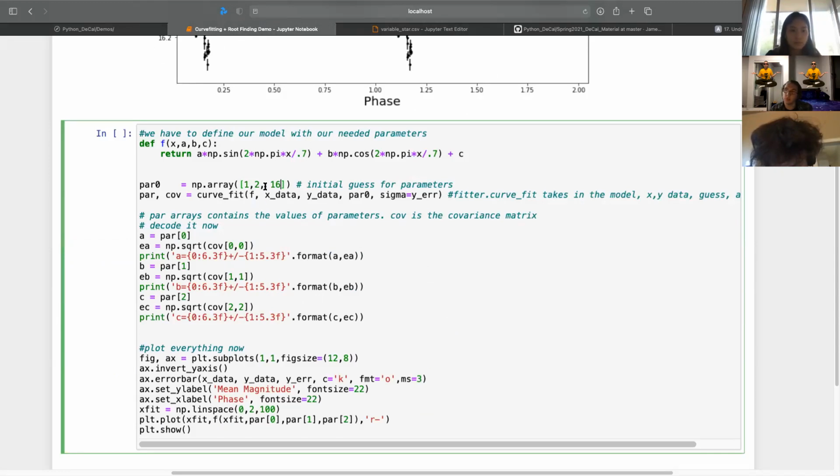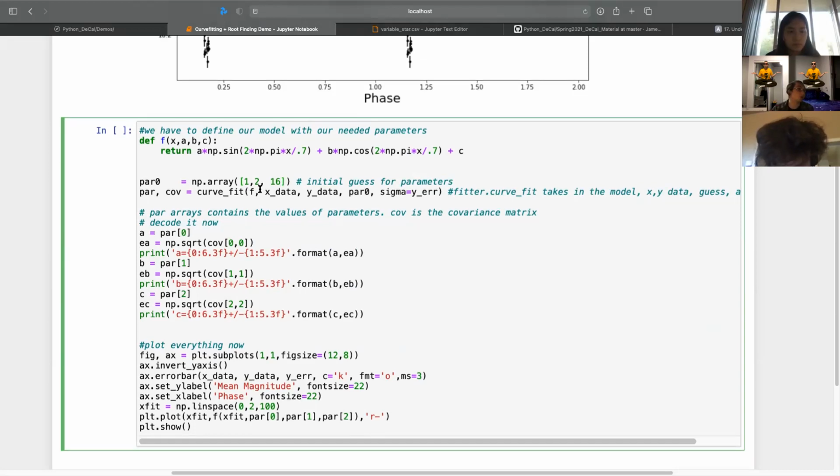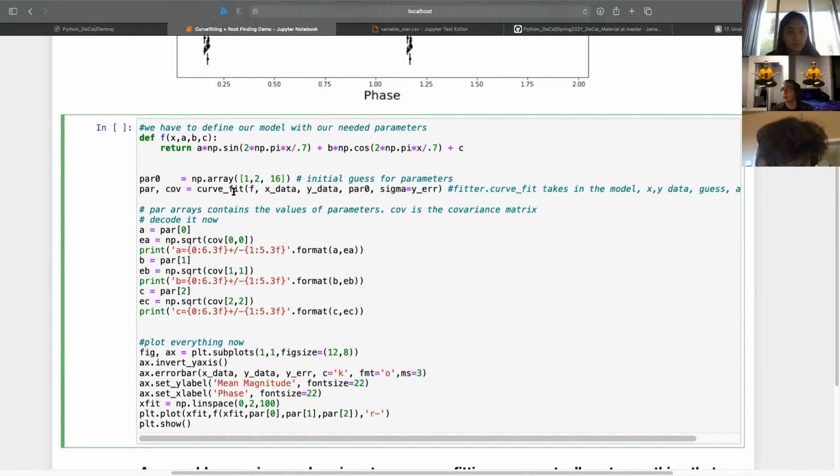And the reason you need those guesses is that if you just put a billion or something, it can mess up the function. For complicated reasons, that's not important. I don't really need to go into that. If you're curious, please ask, but it's not super important to understand how this works. We have the curve fit function, right? We're going to call it. It takes in our function, which has the free parameters. It takes in X data, Y data,